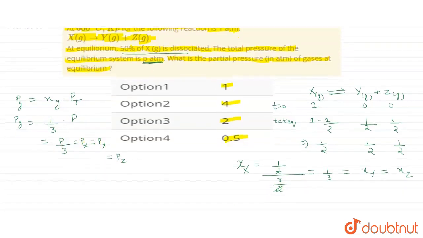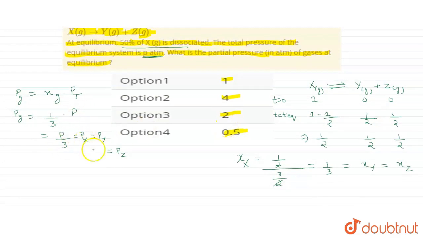Now we have to find the partial pressure of the gases, that is, we have to find the P by 3 value. So Kp for this reaction: here we have gaseous form, so for finding the Kp we have to take the partial pressures. So Kp will be equal to partial pressure of Y to the power 1 into partial pressure of Z to the power 1, because the stoichiometric coefficients of Y and Z are 1 respectively. So it will be Py into Pz